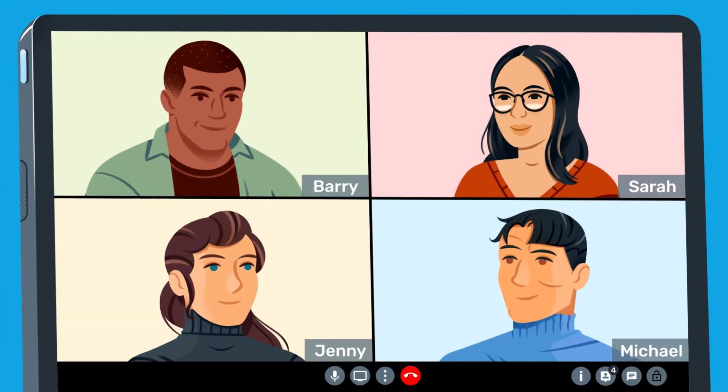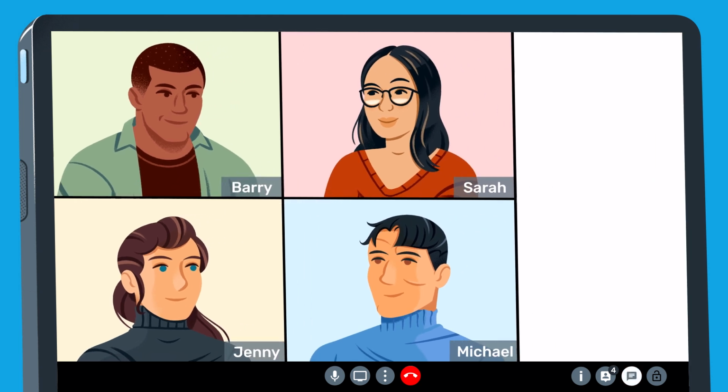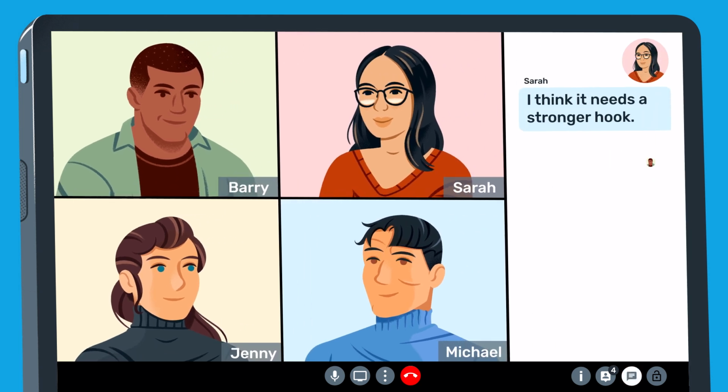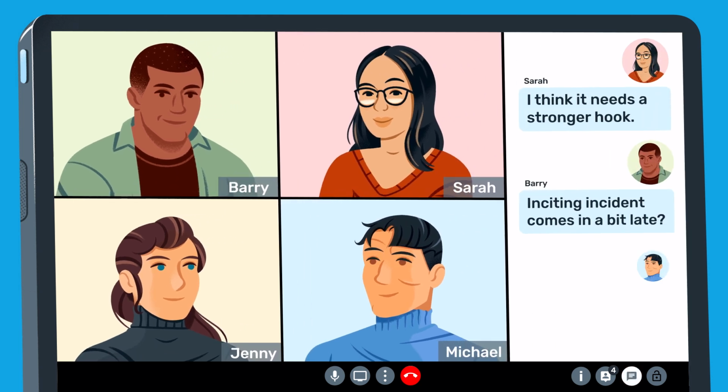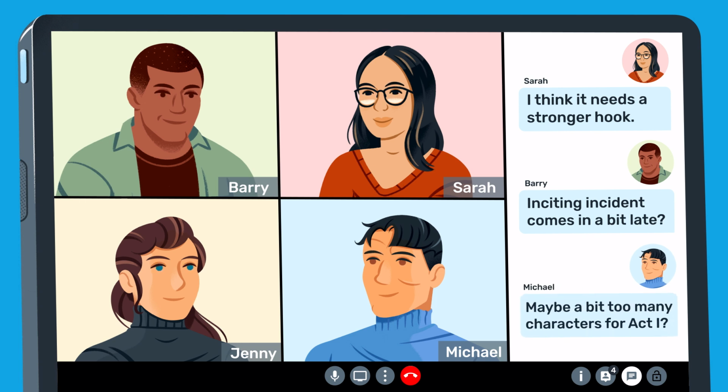Which leads to tip 2, I would actually recommend getting feedback on your first act if that works for you. Some writers don't like to get feedback while they're writing, but if you think this would be compatible with your writing process, I do think it can really help to get feedback on the first act for the same reason that I just mentioned. It's easier to edit the first act as a standalone piece than to make edits to the first act when you've written the whole book. Again, everything you write in Act 1 is going to have a direct impact on the rest of the book. So it's a great place to get feedback so you can set yourself up for success.